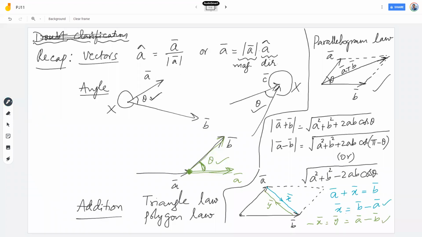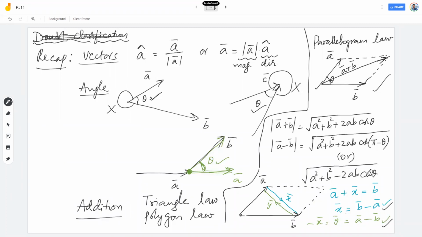Understood that? So basically, if two vectors are to be added or drawn co-initially like this, and a parallelogram is constructed on those two sides, then two diagonals are formed. The diagonal which is co-initial with the given vectors is called their resultant, which is a bar plus b bar. The other diagonal is the difference between the vectors, which could be either b bar minus a bar or a bar minus b bar, based on what direction you consider. So that is the recap.